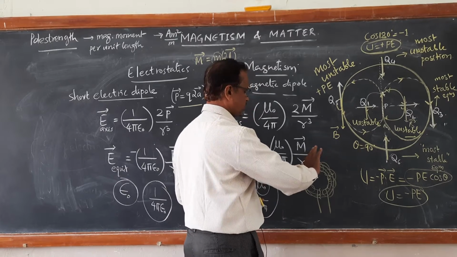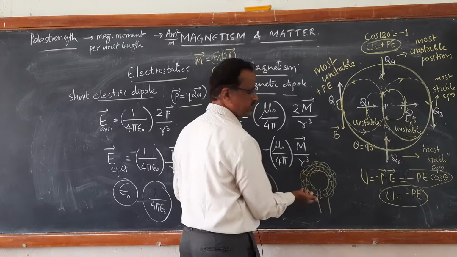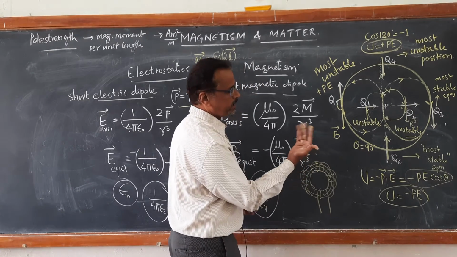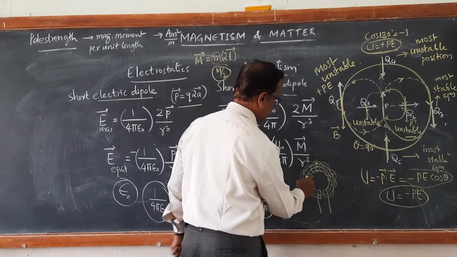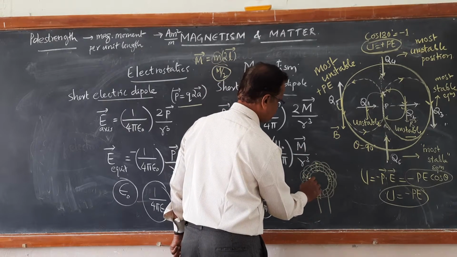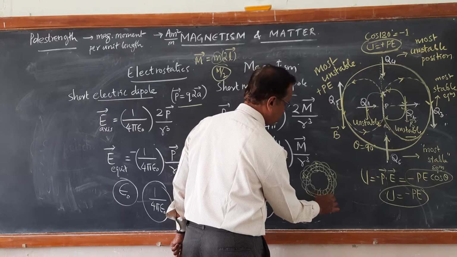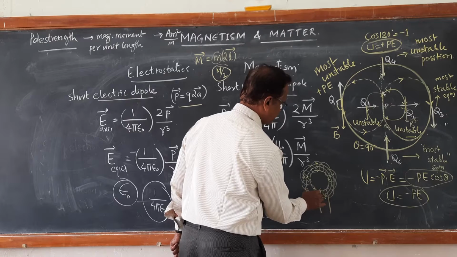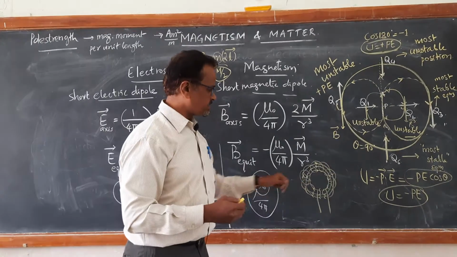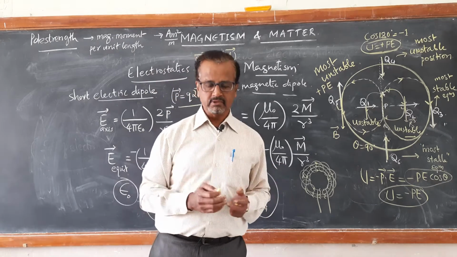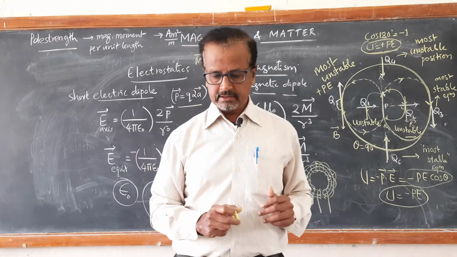So, if the current is flowing like this, shown by the four fingers, then the thumb shows the direction of magnetic field lines. So, in this case, it is not possible for us to find the polarity. Polarity is not possible because it is a circular magnetic configuration. So, in such a case of a toroid, it is not possible to have polarity for a magnetic configuration, right?